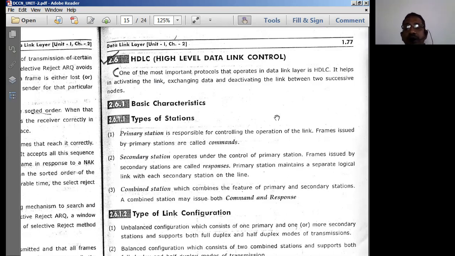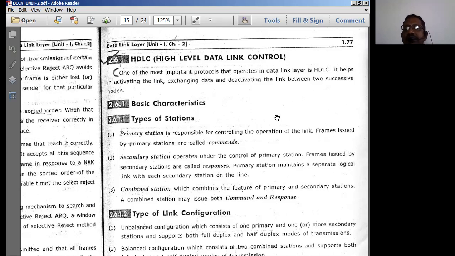But prior to that, I wanted to discuss the DLL protocol, which is the HDLC protocol, and it is basically a bit oriented protocol. This protocol provides the functionalities of the data link layer. The DLL provides three functions: line discipline, flow control and error control. These three have to be provided by the basic protocol known as HDLC, which has been implemented in the data link layer.